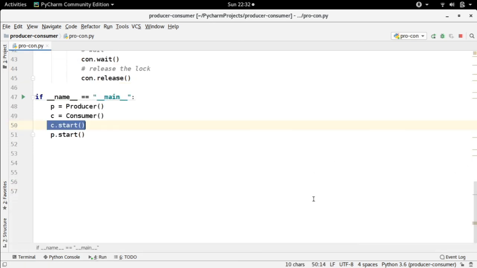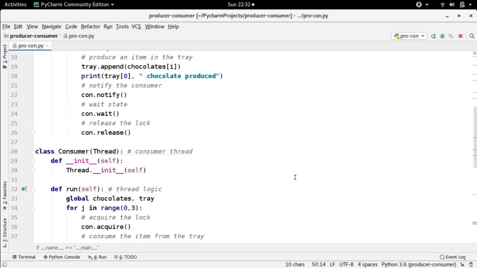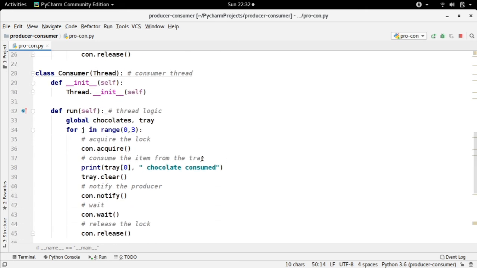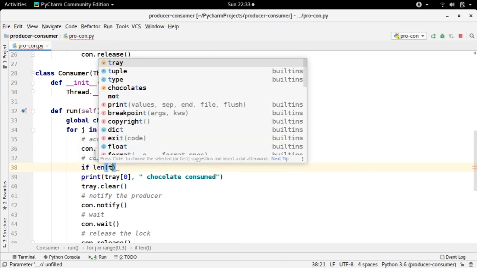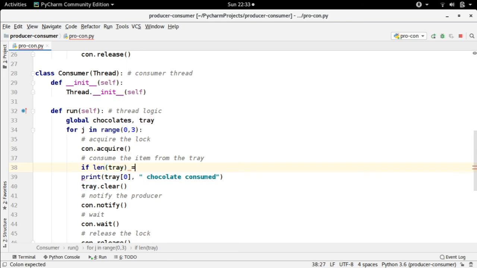Okay, so this needs to be addressed. So how can we address this? First, before consuming, we need to put a condition: if the tray is free or not. That means we can just check the length of the tray. If it is equal to 0,